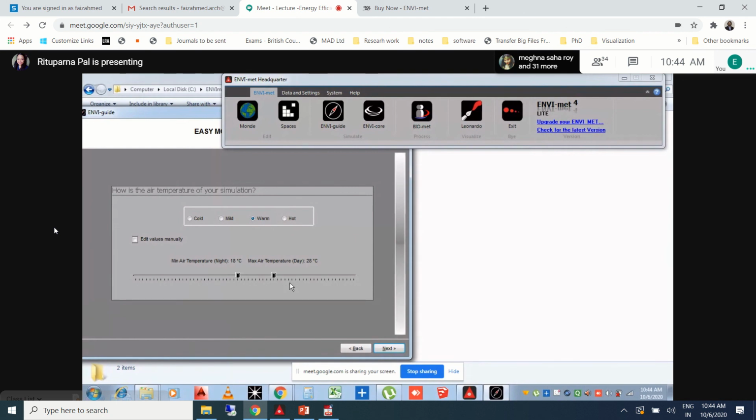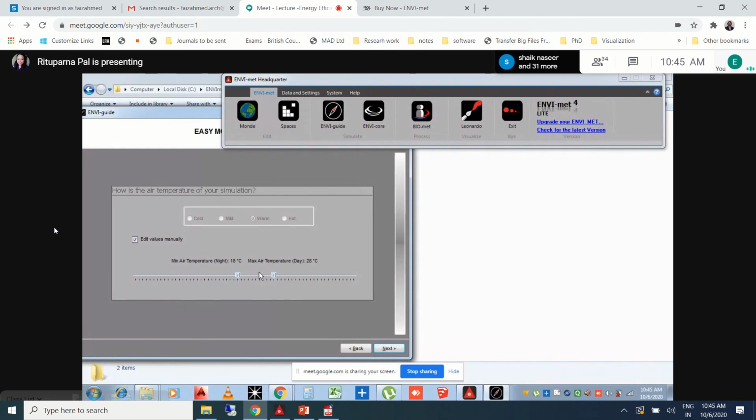Because I was in Vijayawada, I know that the minimum temperature was never 28. So you need to edit values manually. In this case, you have this Climate Consultant software. Maybe Sir will be introducing it, or you have already been introduced.